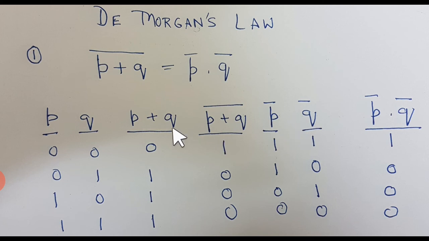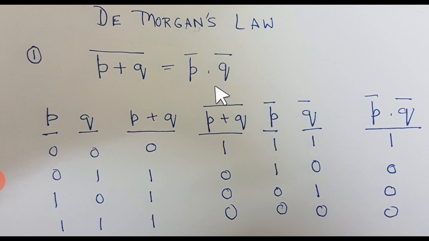Alright, now we have got one column for P complement, the other column for Q complement. What happens here? It simply negates the value of P, so 0 0 1 1 will become here 1 1 0 0. Same thing happens for Q. When Q has been complemented, we get here 1 0 1 0 for these values of Q, 0 1 0 1. And now we have got the product of P complement and Q complement. So what is the result here? 1 0 0 0. And what do we find here? That this output is same as this output. So on the basis of this, we can say that P plus Q complement is equal to P complement dot Q complement. I hope everybody has the clear idea of De Morgan's law.